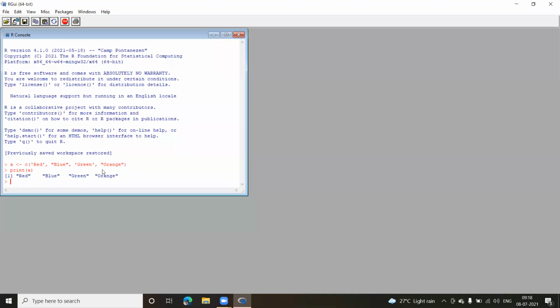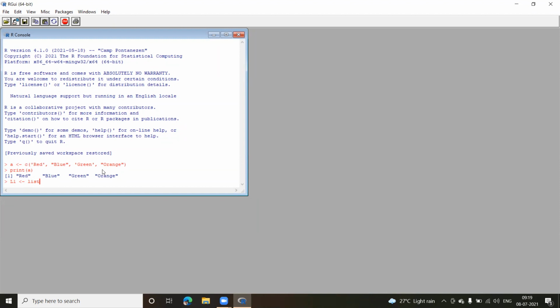Let us create one. So the syntax for creating the list would be, first of all, I have to write this variable. So I'll write L1. That is my list name, which I'm giving. Again, I'll be using this less than and the minus sign, the assignment operator here. Now here, I'm not going to make use of C, because using C, we can create a vector. Here, I want to create a list.